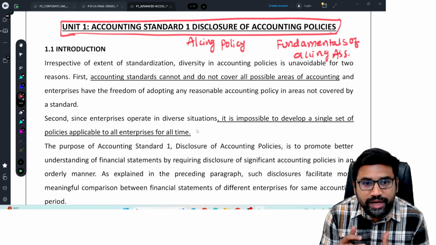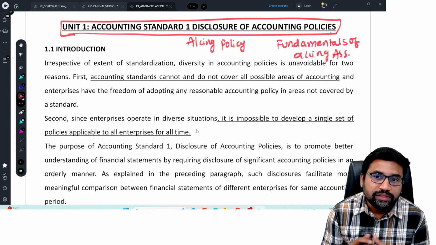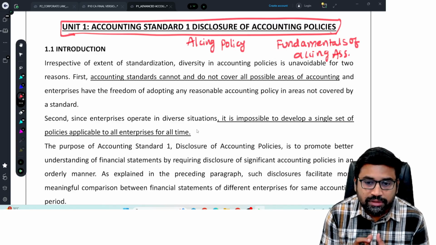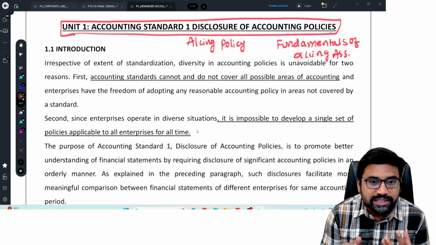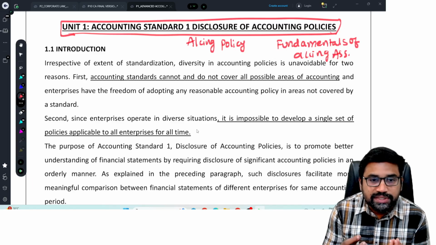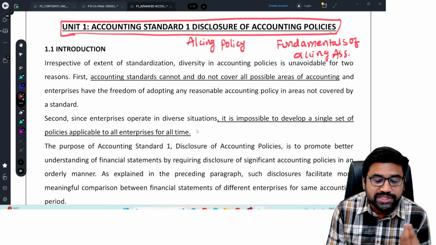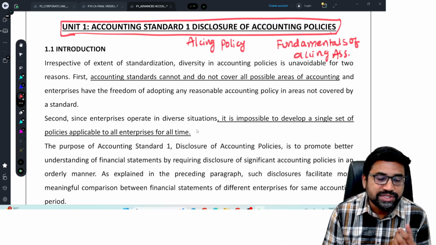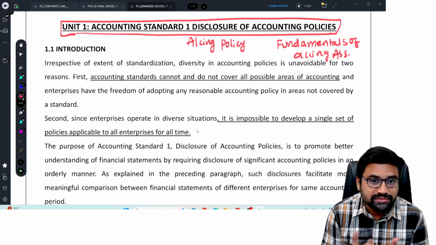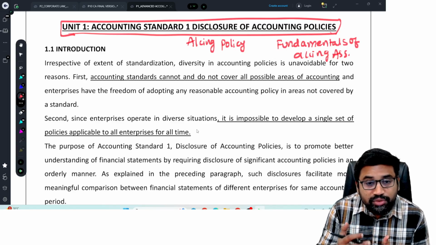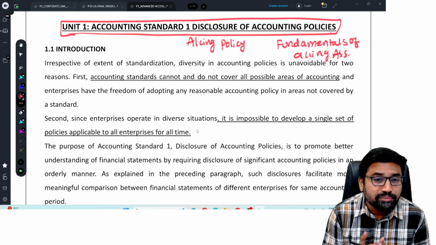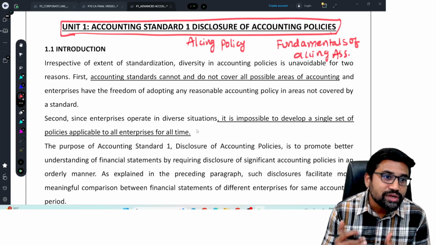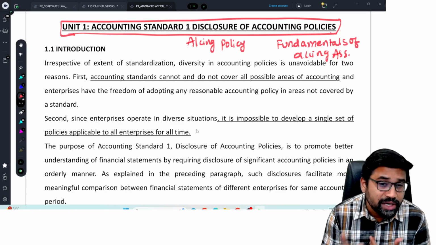Now, those rules and regulations, there is no universal list which is applicable for every company. Because of the nature of the company, some companies will do manufacturing, some companies will be into insurance business, some companies into banking business, some companies will do, suppose for example, mining business. There is a diversity in the business the companies do. Whenever they are doing different businesses, how will each and every company follow the same policy, same rules? It is very difficult. So there is no universal list of accounting policies which is applicable for everybody.